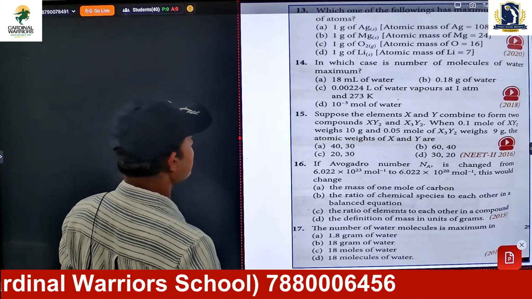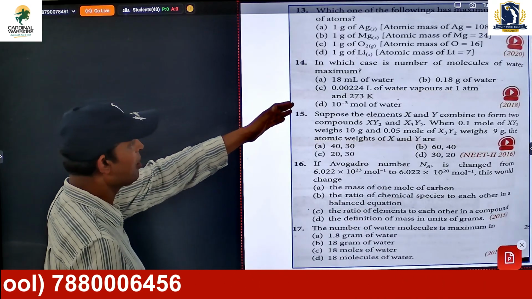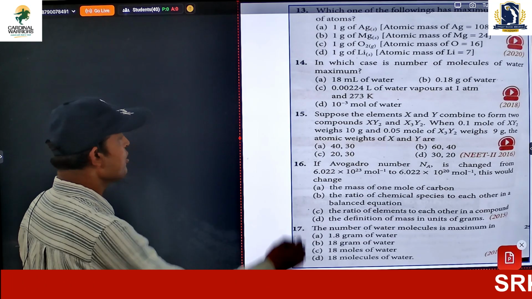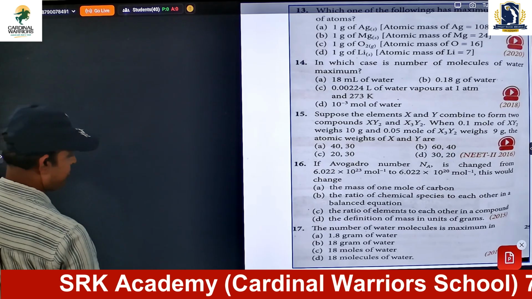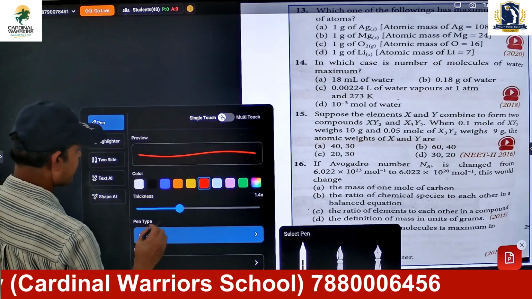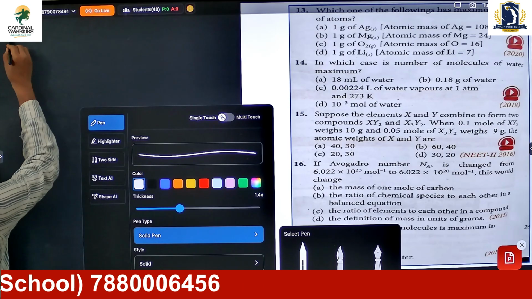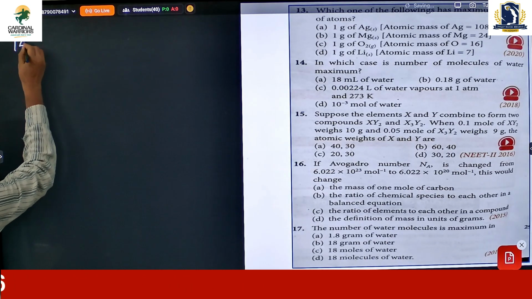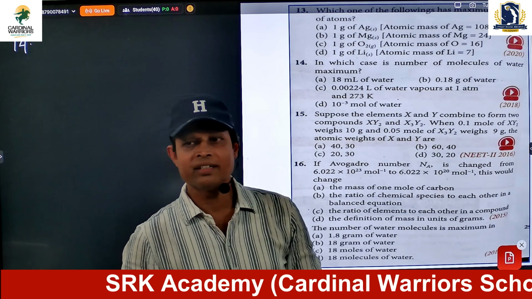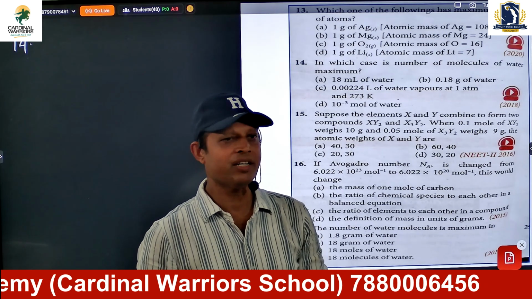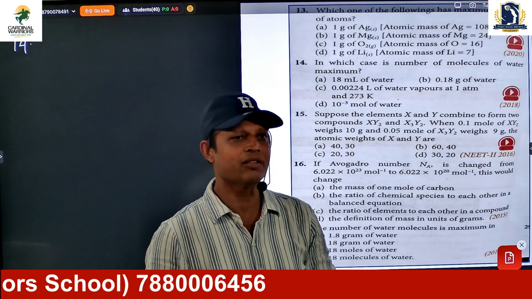Which of the following has the maximum? In which case is the number of molecules of water maximum? See this question number 14. Question number 14, right? So we are asked to find out in which case the number of molecules of water